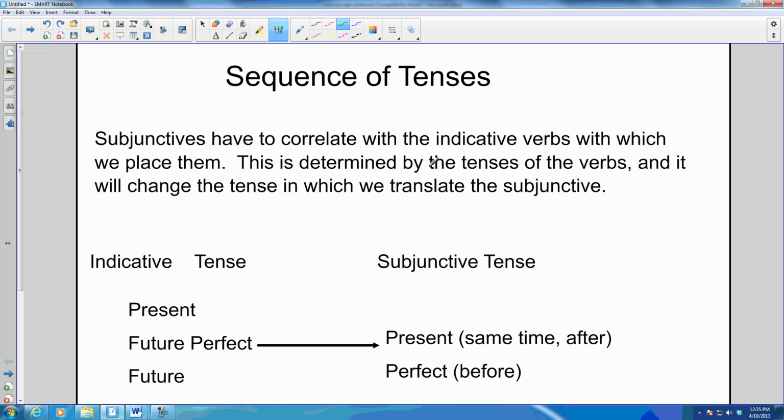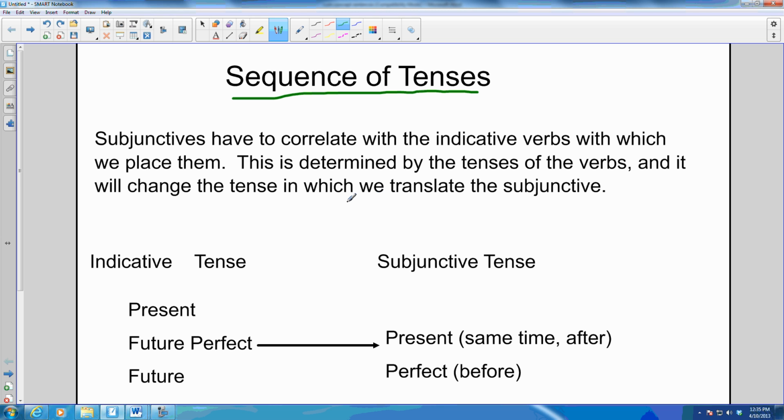Today's lesson is about the subjunctive and using the subjunctive in Latin. To begin with, we're going to talk about the sequence of tenses. In Latin, the subjunctives have to correlate with the indicative verbs with which we place them. This is determined by the tenses of the verbs, and it will change the tense in which we translate the